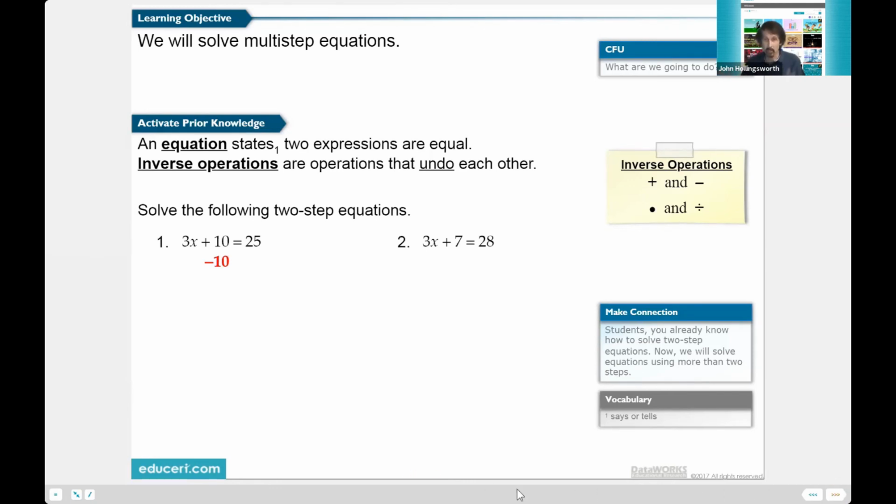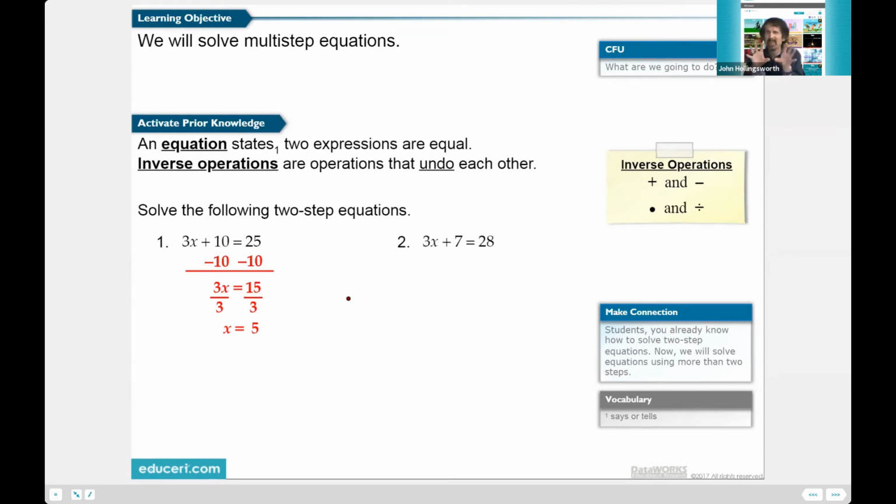Okay, so I did it. So what are we gonna do next? I subtract from the other side. So now when I subtract these, the 10 minus 10 is 0. I don't need to write that. 25 minus 10 is 15. So I'm going to do my second inverse operation. 3 times x. I don't see the times in there, but we know that means multiplication. The inverse is division. So I'm going to divide by 3. I'm going to divide each side by 3. And I got my solution, x equals 5.